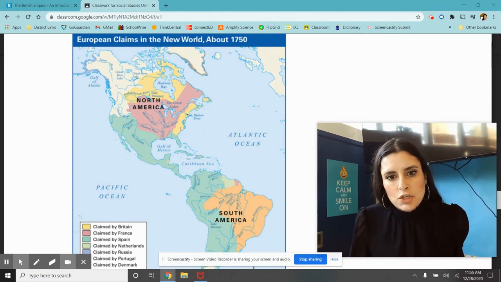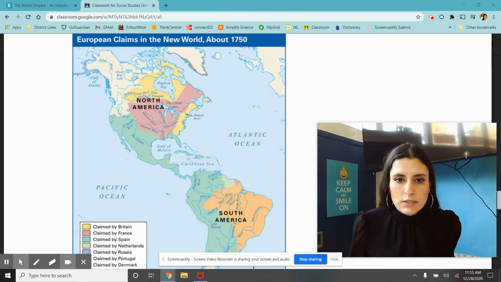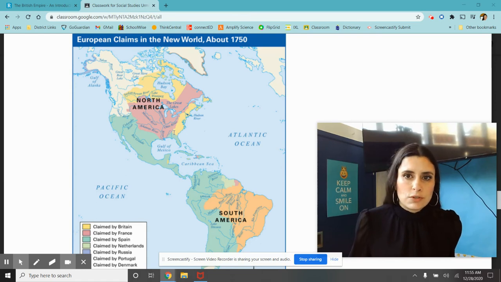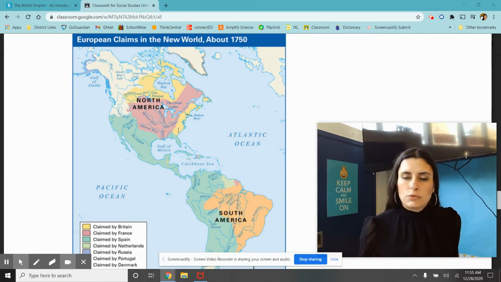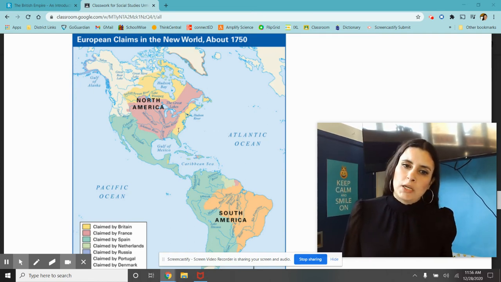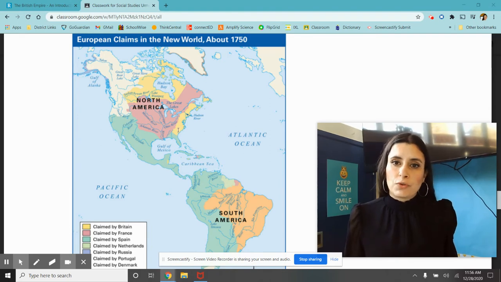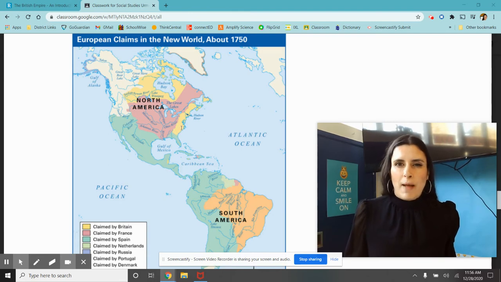But then this section right in here, this is what we're going to be focusing on. This is going to be the site of the 13 colonies. And this is going to be the main part of our history, social studies content that we're going to focus on, this section right in here. But before we start that lesson, we'll do that later on this week and into the next week, we'll talk about the first 3 colonies of the British Empire. But what I really want us to focus on is just knowing about the British Empire.